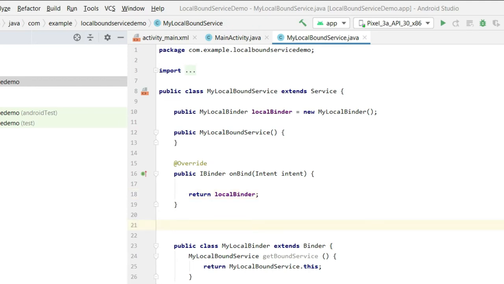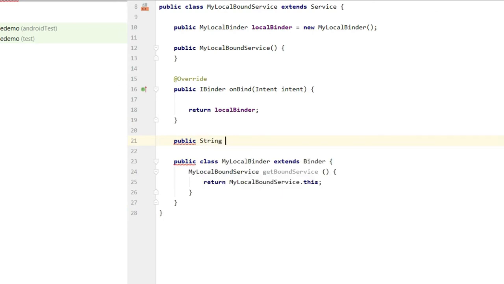Because we have to interact with this bound service, we can make a function which will provide us some kind of data. For this, we can make a public string method which will give us the system time of the mobile phone.